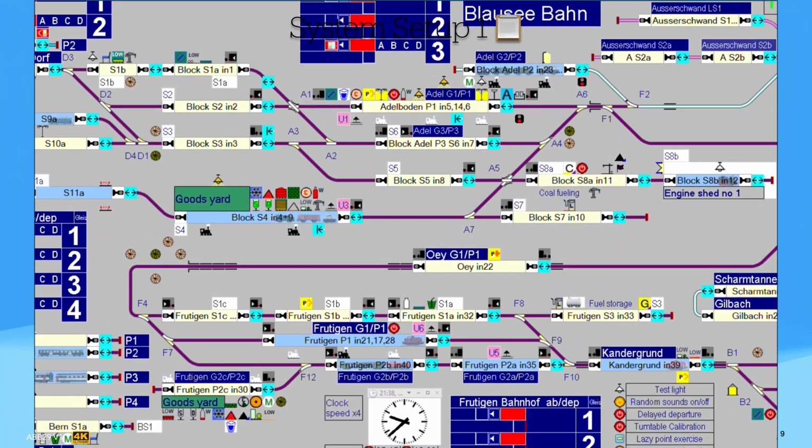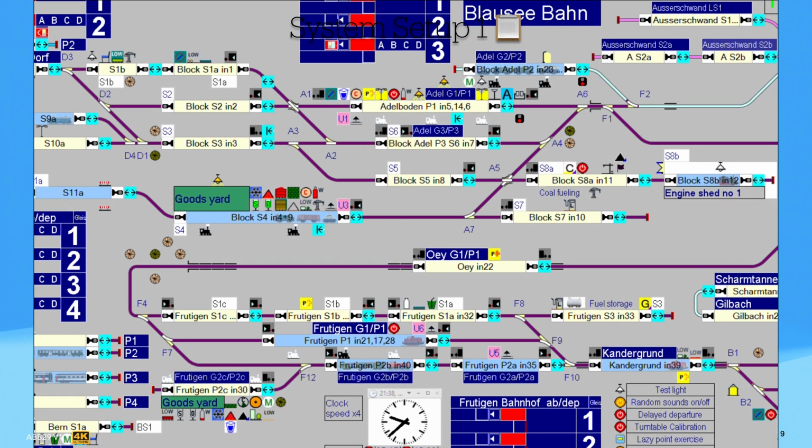Before looking at lineup, I just wanted to explain some other considerations. I don't really have an ideal location on this railway to use lineup. Therefore, I thought it might be useful if the station at Frutigen Platform 1 could double as a temporary store for locos and also operate as a regular platform. So the reason for this is if we look at the